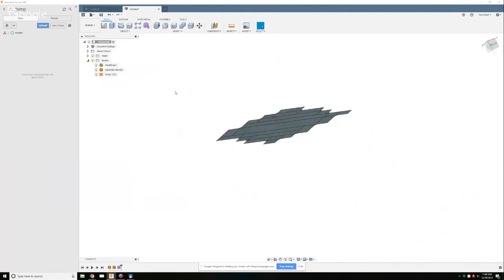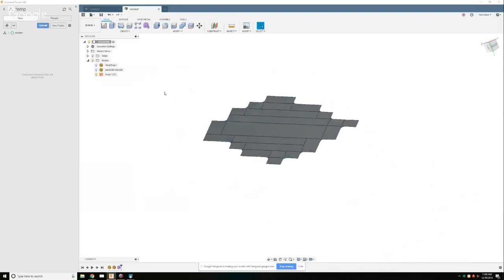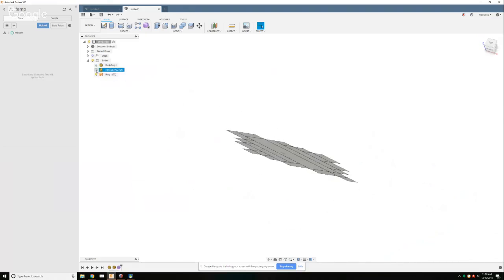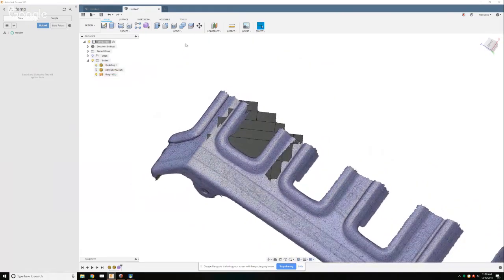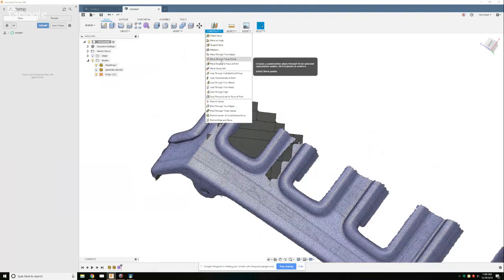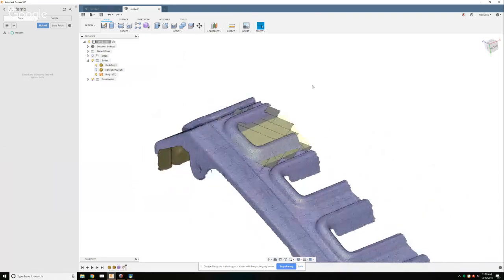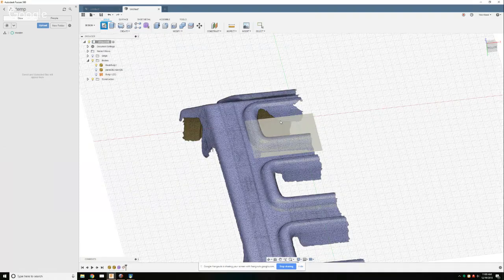There we go. If we turn off the source file like this, we have a solid model, right? You can see that this is not marked as a mesh. It is marked as a solid model. So that is great. What we would do then, if we bring on this guy right here, we can actually now reference this. If we say construct a plane through 3 points, we can click 1, 2, 3 points on this converted solid. And now, even if we get rid of this solid, we now have a sketch plane that we can use